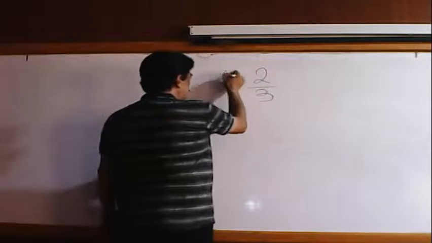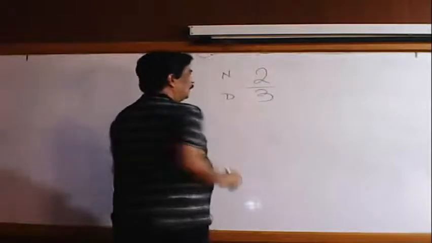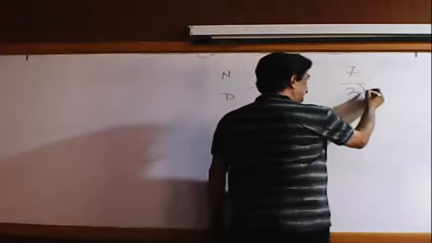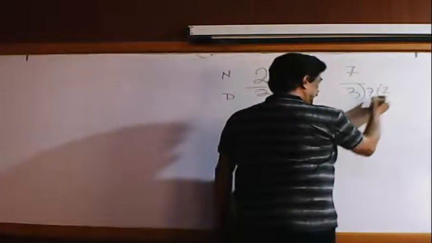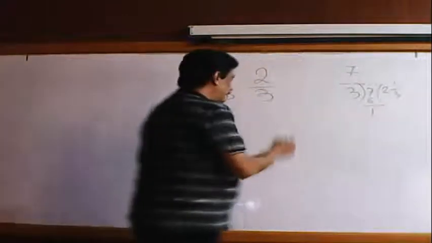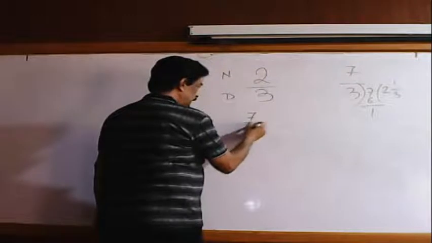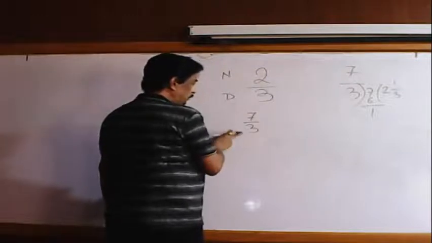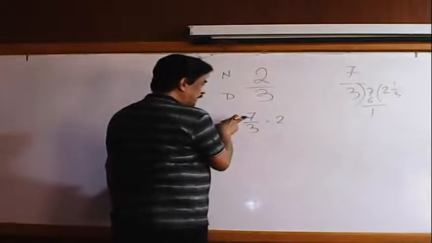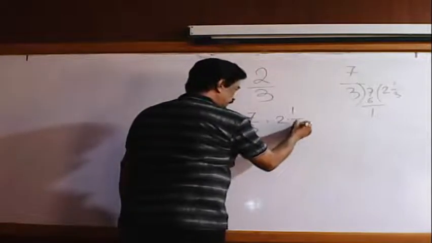It is the general fraction where the numerator is less than the denominator. If I just reverse it, 7 by 3, here the numerator is more than the denominator, then we can go for this type of calculation. So 3 times 2 is 6 and remainder 1, so 2 and 1 by 3. We can write it in this way, 7 by 3. How many times does 3 go into 7? 2 times. So we write 2 as the quotient. Then what is the remainder? 1. I write 1 remainder over 3.